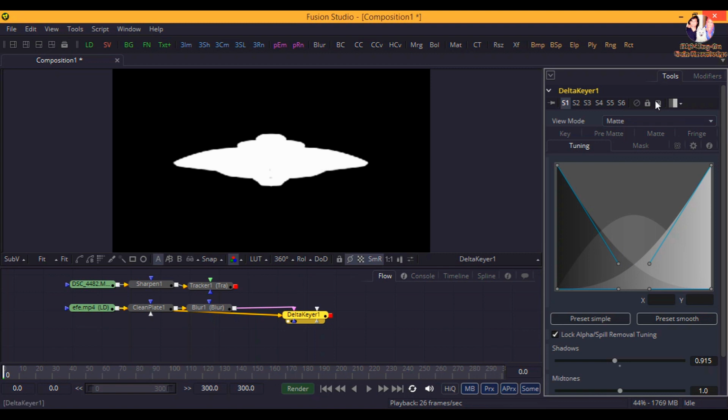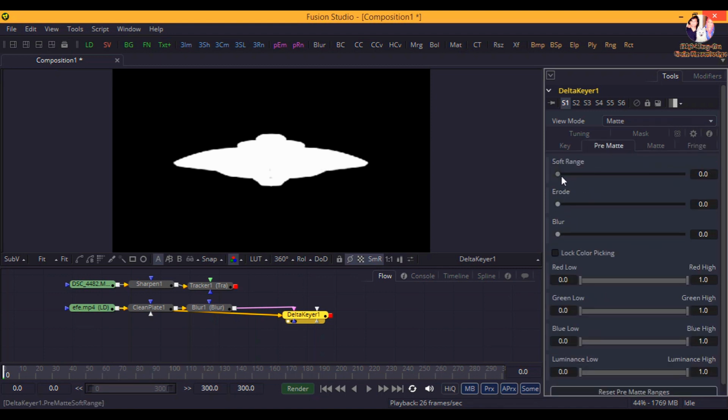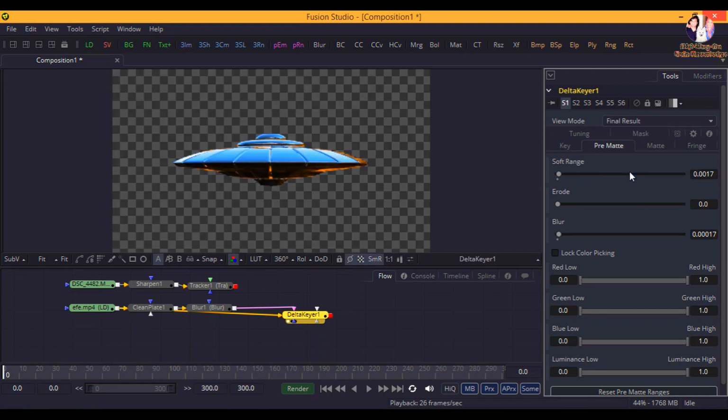exactly. Because in a computer there are 3 colors working, RGB: red, green and blue. So we don't want to remove that green color completely. And pre-matte gives little soft ranges and a little blur, and do it final. So that's great. Okay, we have removed that green background nicely here, and now the time is to